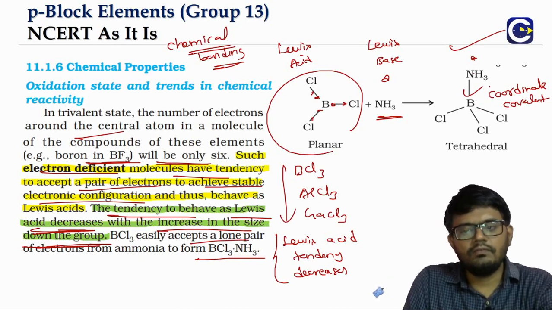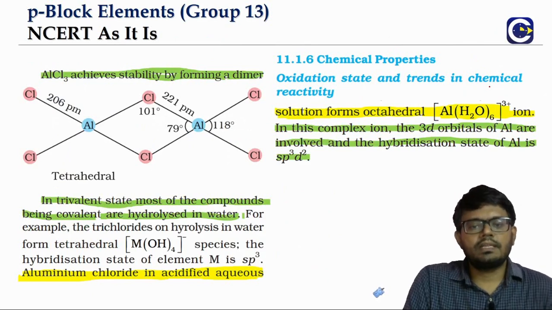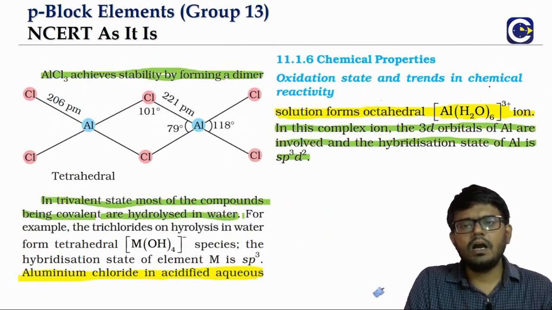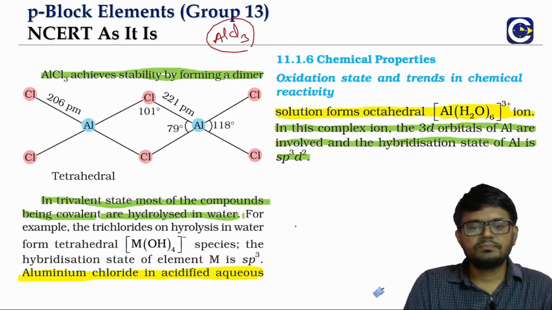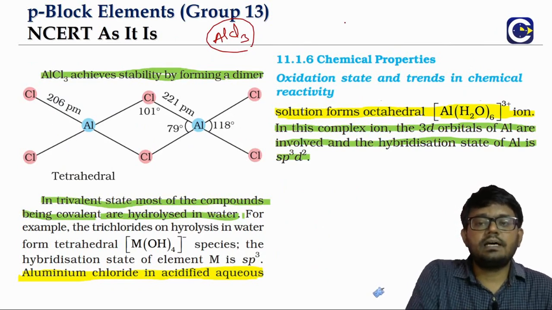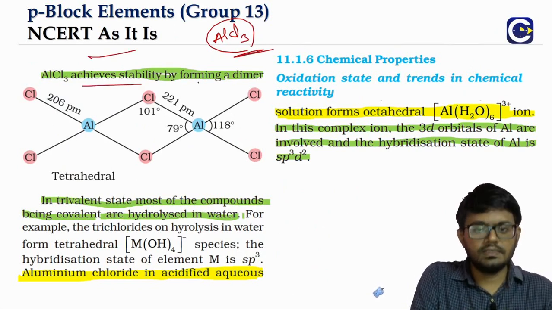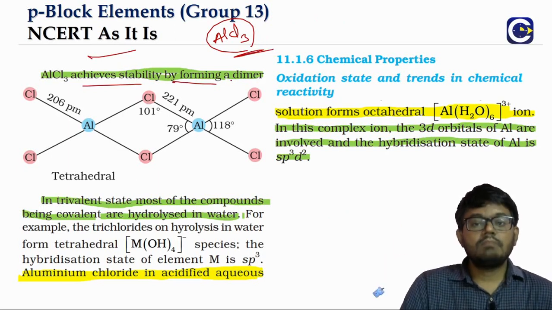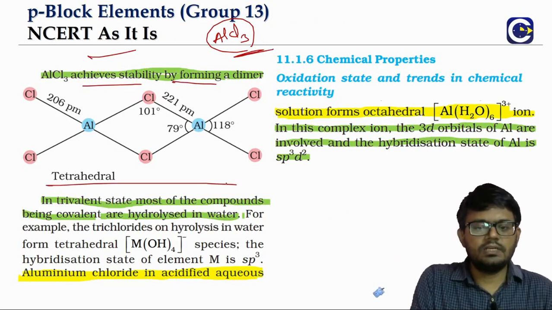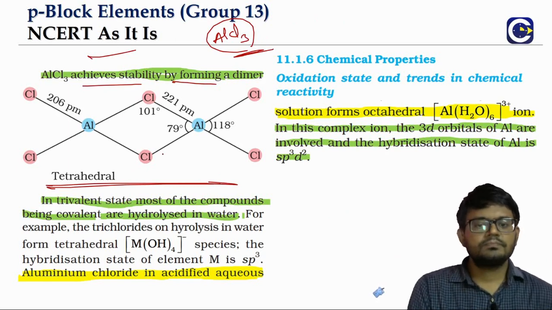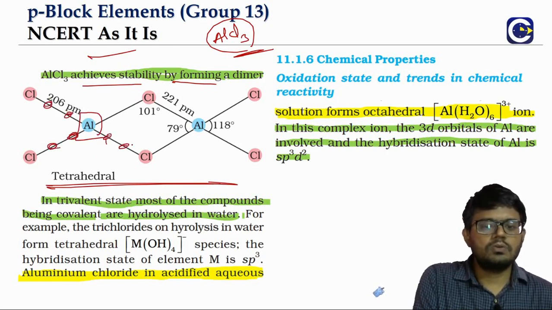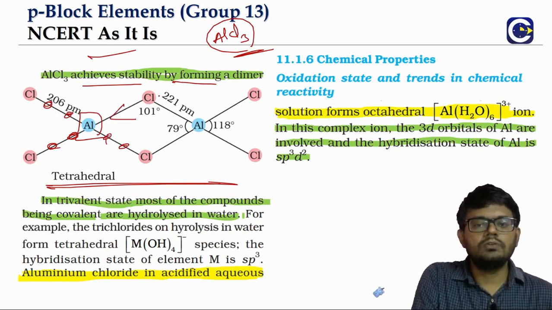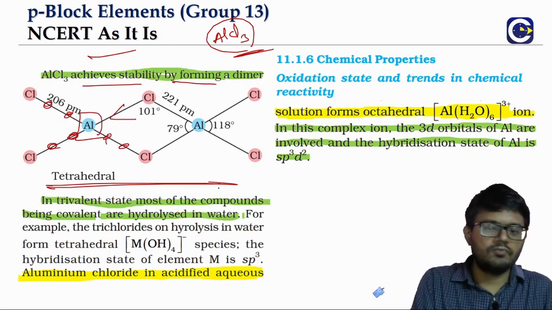And here we will also have one more phenomenon happening. The aluminum chloride AlCl3 is also electron deficient. But what we will observe in this case is that aluminum chloride will be able to achieve stability, means the octet, by forming a dimer. So this is the actual structure of the dimer. So here the aluminum is forming this normal covalent bond, this is a normal covalent bond, this is a normal covalent bond. This is a coordinate covalent bond. You will have a bridge, a dimer bridge, that is getting formed.